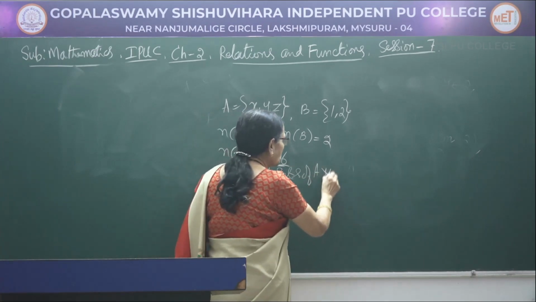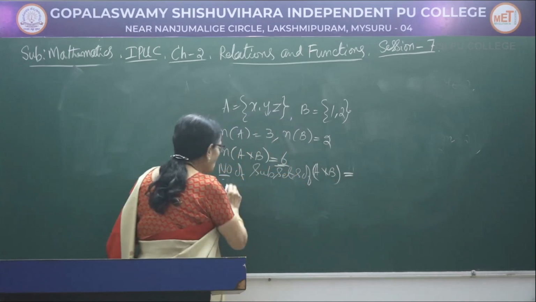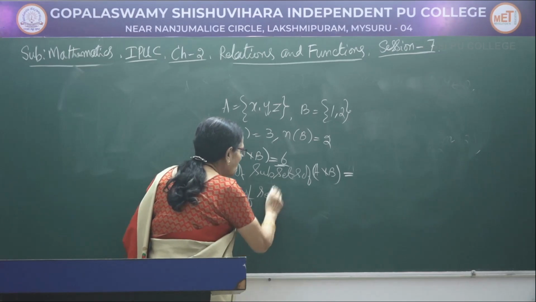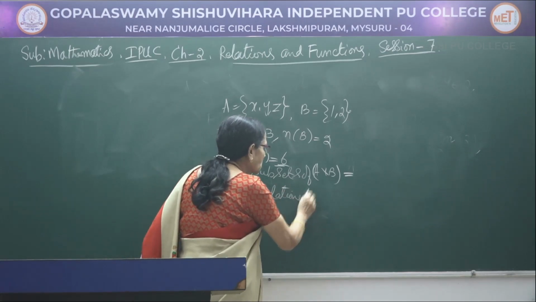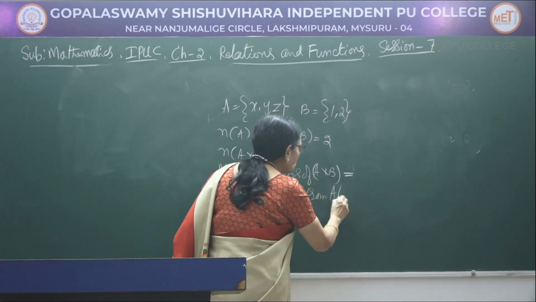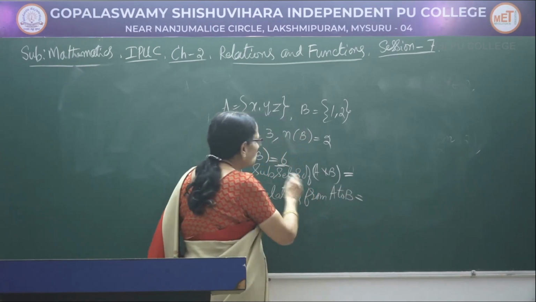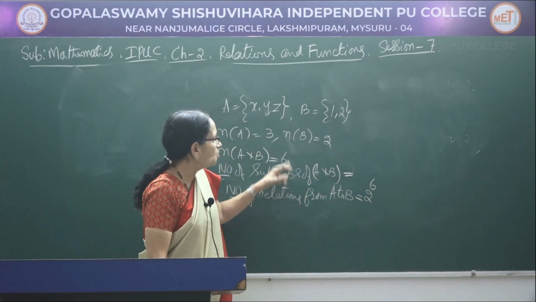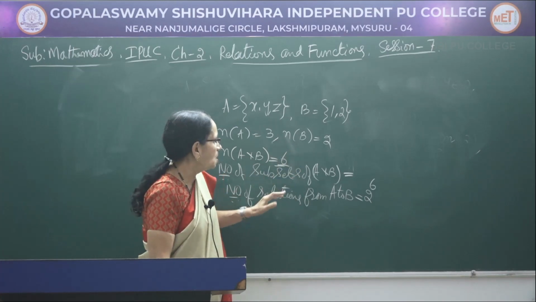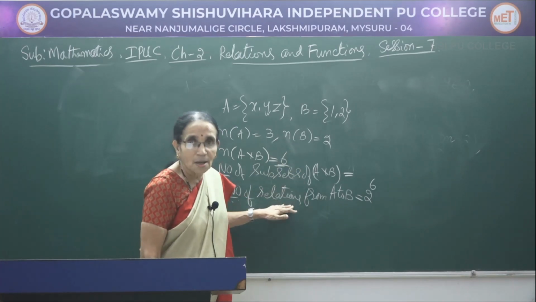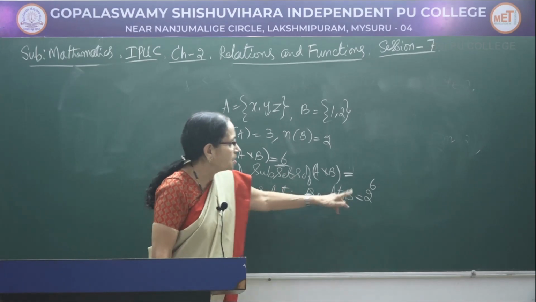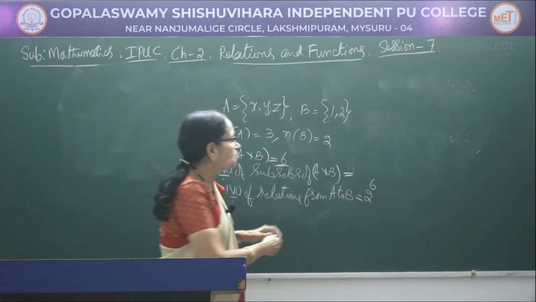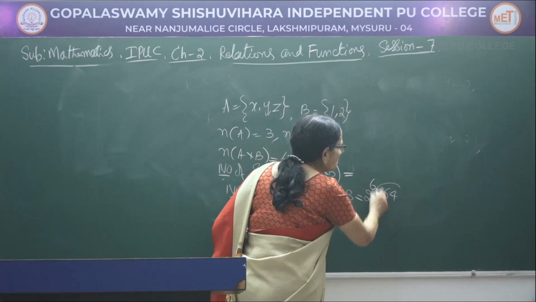Then you write, number of subsets of A cross B is equal to, just now I told the same thing, I am working with another problem with the same thing. Number of relations from A to B is equal to 2 to the power 6. To get the number of subsets, we raise 2 to that particular number, whatever may be that number. And since each subset can be considered as a relation, it is 2 to the power 6. If the number is smaller, you can write the actual value. In this case, 2 to the power 6 would be equal to 64.